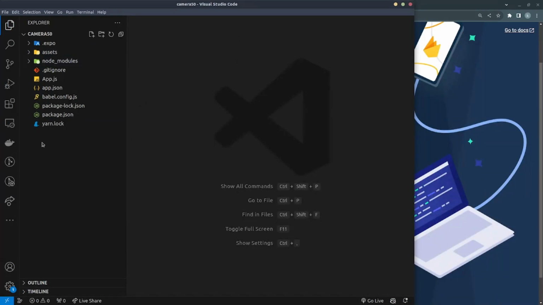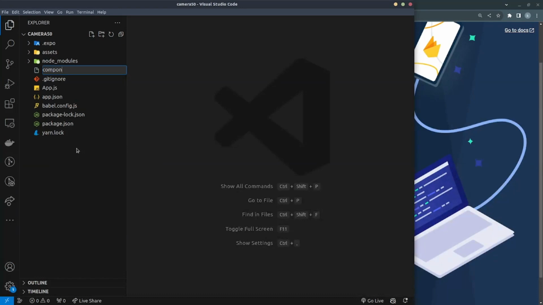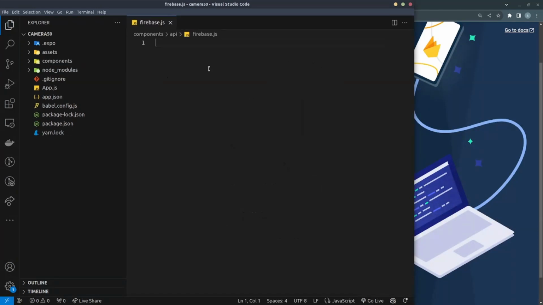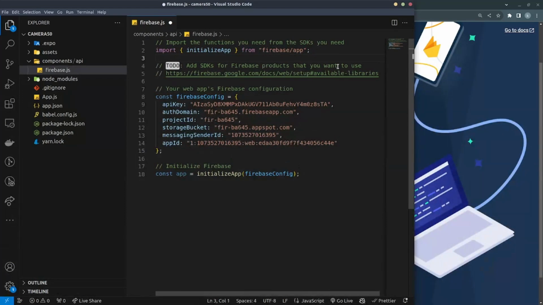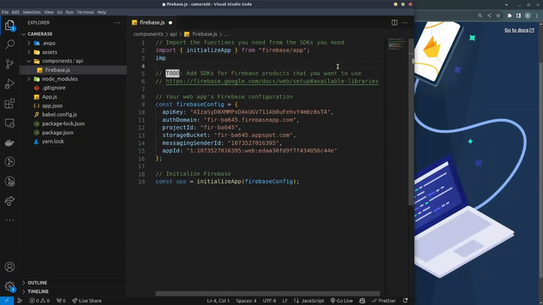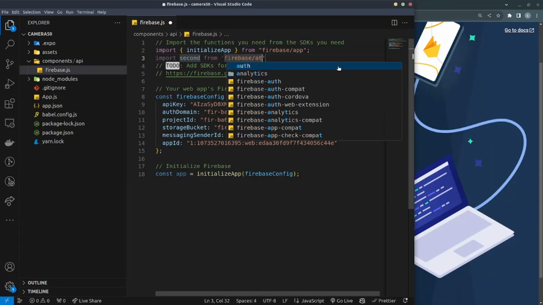So in here we're going to create a folder. I'll right click here and create a new file. Inside the components directory we'll create an API folder, and in there we'll create the Firebase.js file. I'm just going to paste in the code which we copied from Firebase, and here I'm just going to add, from firebase/auth,